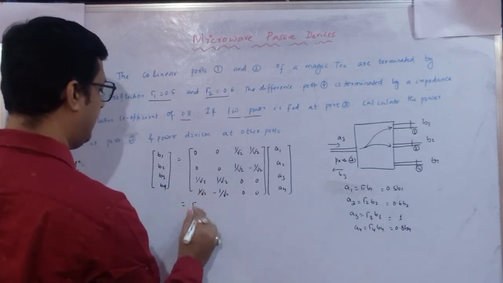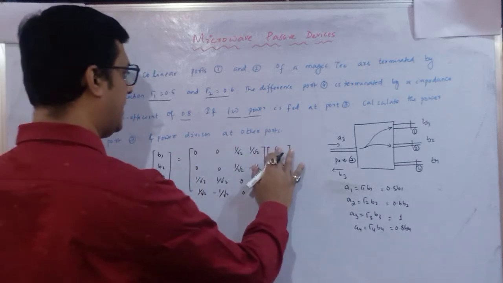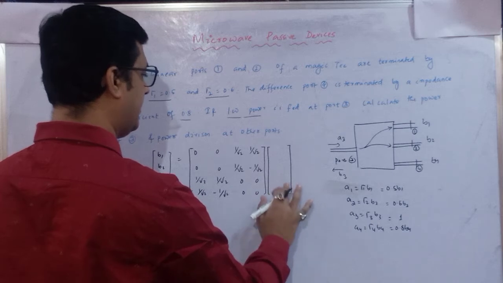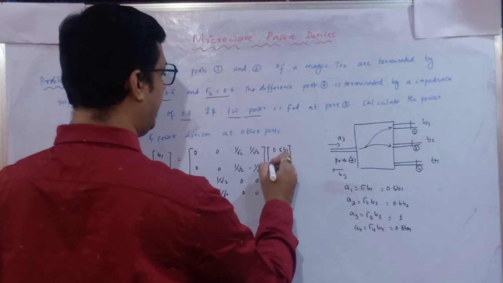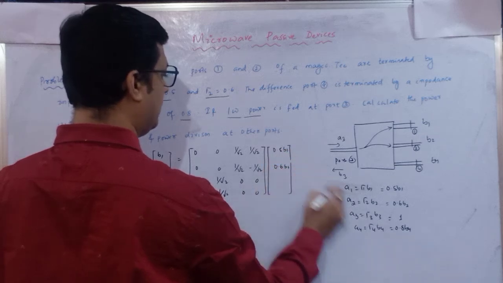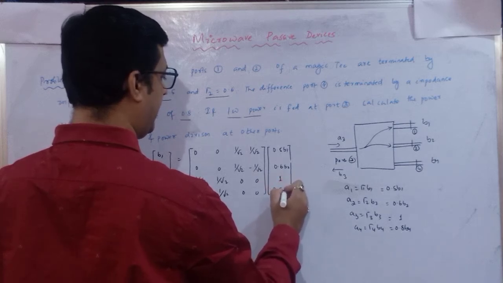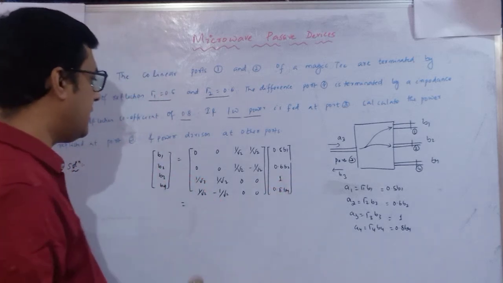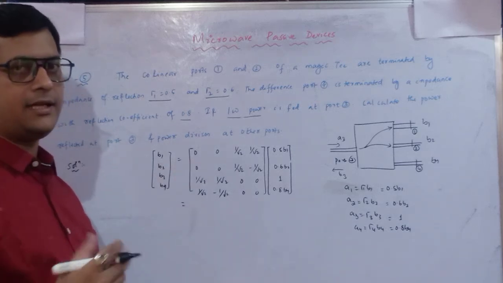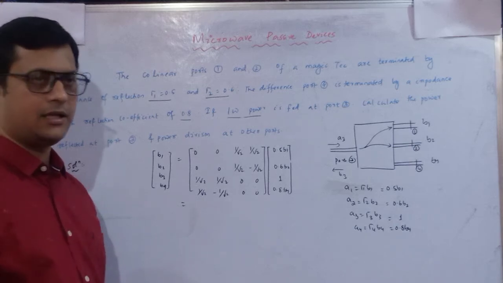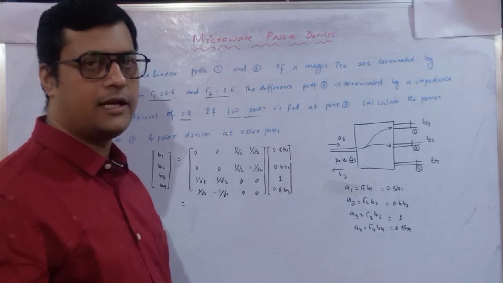So we have, after this you write the same matrix. I am directly writing what is A1, A2, A3 and A4. A1 is 0.5 B1, A2 is 0.6 B2, A3 is 1 and what is A4? It is 0.8 B4. Okay. Now here all the equations we have represented in terms of B1, B2 and B3, so it is easy to calculate B1, B2 and B3. Once B1, B2, B3 and B4 are known, take the square component, you will get the reflected power.